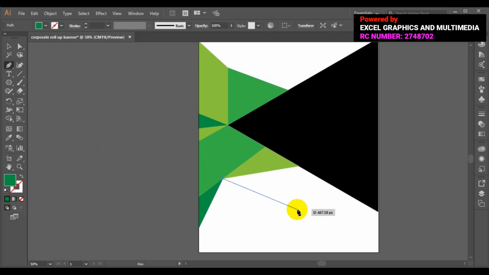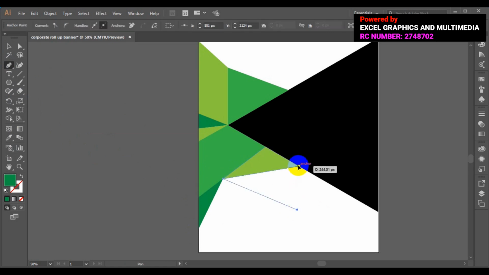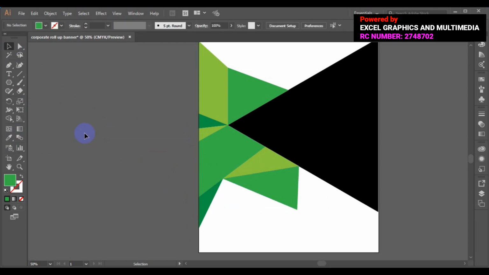I'll add another point here. Then like this, and I'll close this part here. So I will select my eye color dropper again. I will select this green here. Right, so I will select my pen tools again,